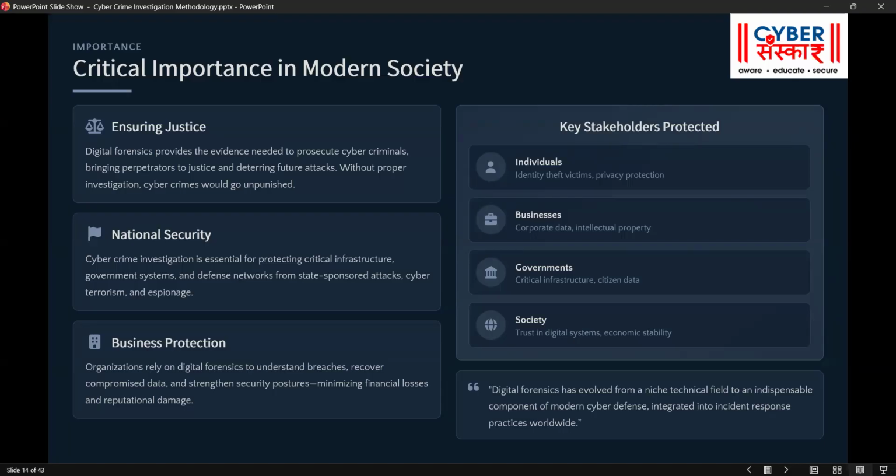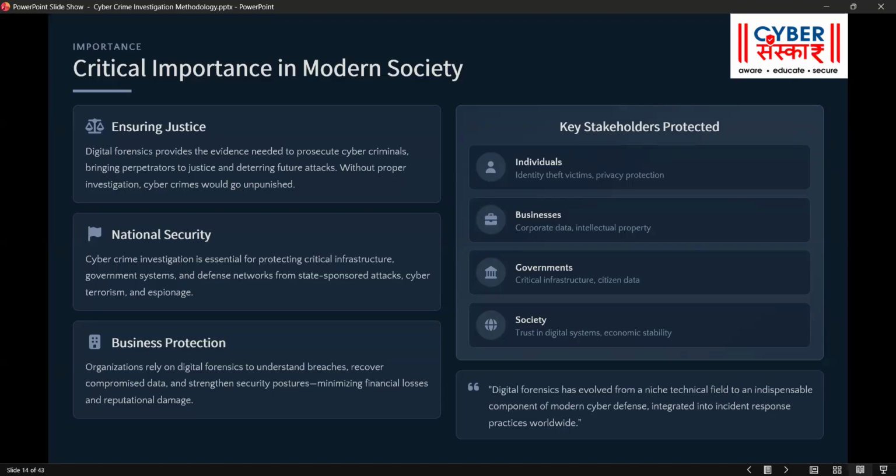So we remain in touch with those. They tell us the latest developments about cyber crimes in the country, and not only in the country but throughout the world. Cyber crimes and their methodology are changing from one crime to another crime. So it is very necessary that we update ourselves according to the latest technology and know about the latest cyber crimes. So digital forensics, that is, digital electronic